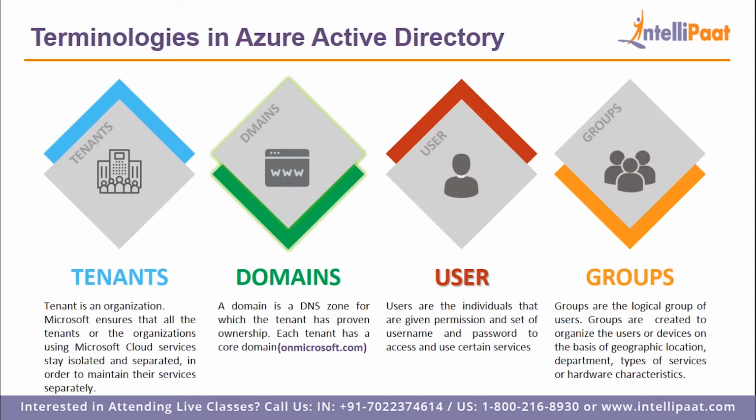And this domain, including that prefix, becomes their unique domain for which the tenant or the organization has the lone ownership, right? Now, you might be thinking, like I said, that in most cases, organizations use this domain for their own websites and applications, right? Now, if they used this default domain that they're getting with their Azure Active Directory, which has the suffix of onmicrosoft.com, then their user base might think that this URL might take them to some Microsoft page, right? Because it has microsoft.com in the end.